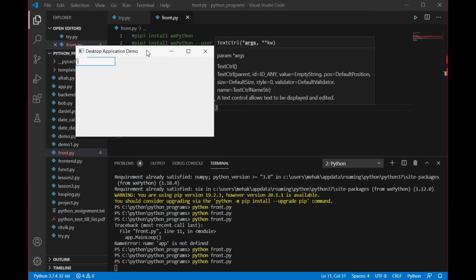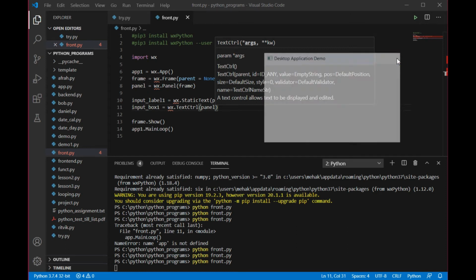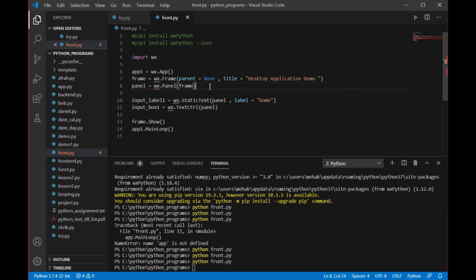See if you can just notice, my name label has been overwritten by this text box. This is a text box, I can write anything in it. It has overwritten my label, that is name, because I have not erased that. So for that what we need to do, we need to define the dimensions where a particular label, where a particular box should appear on my screen, on my window.